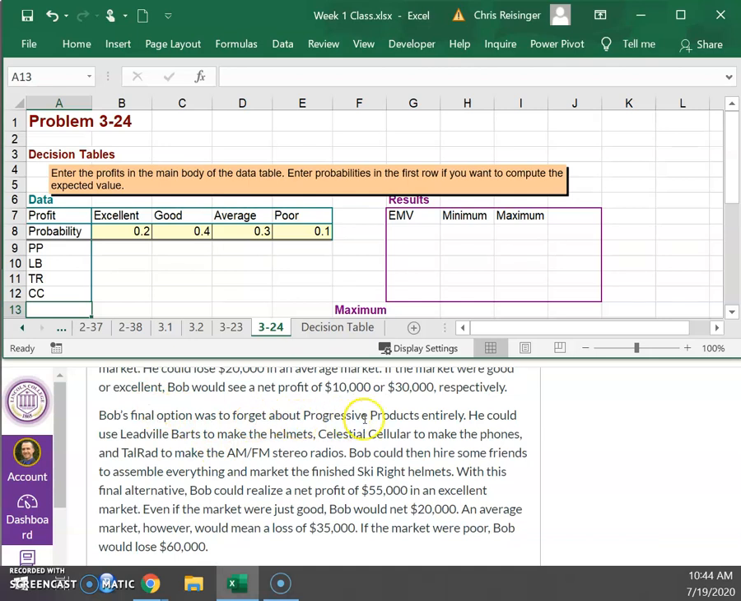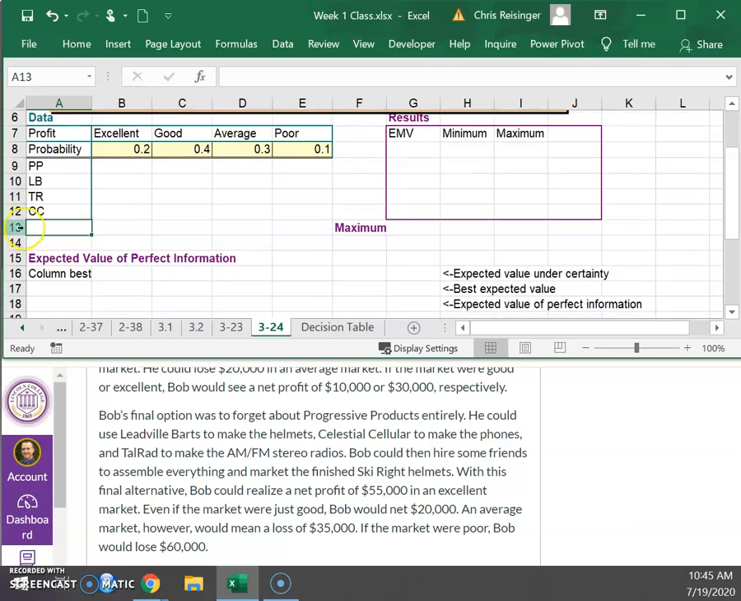Bob's final option was to free to progressive products entirely. He could use Leadville Barts to make the helmets, Celestial Cellular to make the phones, Telrad to make the AFMF and stereo. Bob could then hire some friends to assemble everything in his market finished product. With this final alternative, in this scenario, it looks like we don't have a name for it. So it looks like I've got to add in another